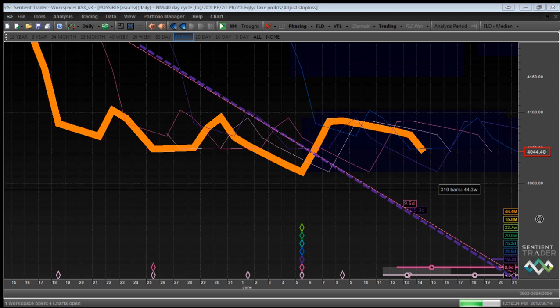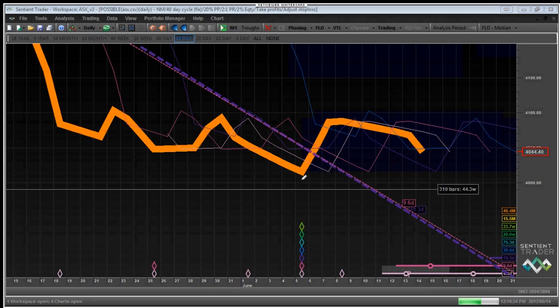So if we were watching this analysis, here is what would have happened. And let me turn on the whiteboard. As you can see, between Monday and Tuesday of last week, with the median price, I can't really see where the weekends are anymore, but let's say early last week, the median price crossed up above the 5-day FLD at this point over here. So that was early last week, providing us with evidence that a trough of at least 5-day magnitude had been formed. Now we're trading the 40-day cycle.